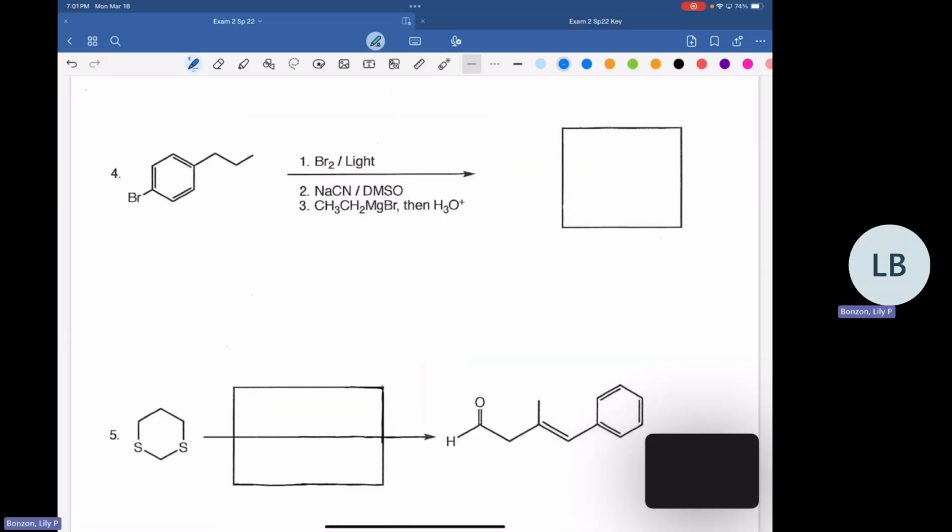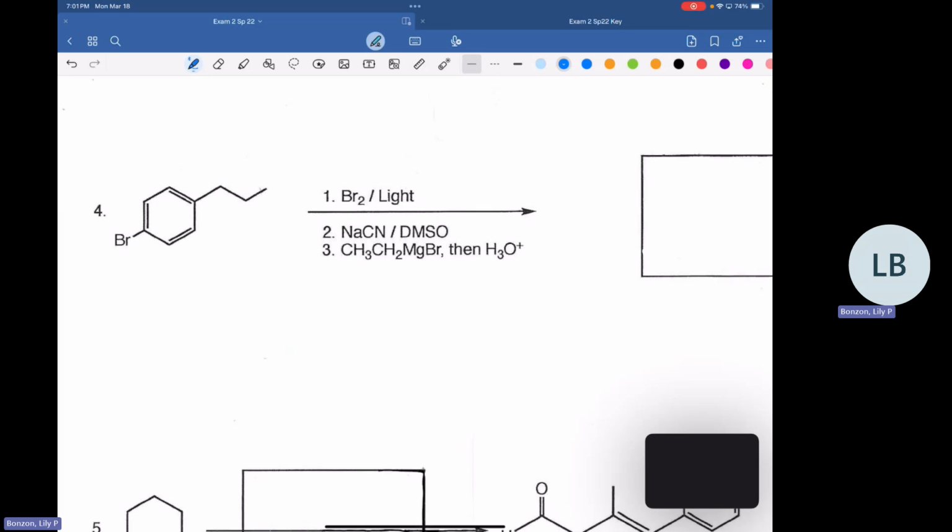Okay. All right, moving on to our fourth reaction. We have Br2 and light. So this one's a throwback to Orgo 1, like the first couple chapters. But remember, this one is going to add a bromine. And remember that it's going to add to the more substituted carbon, so like either a secondary or a tertiary. It's not going to add as quickly to a primary.